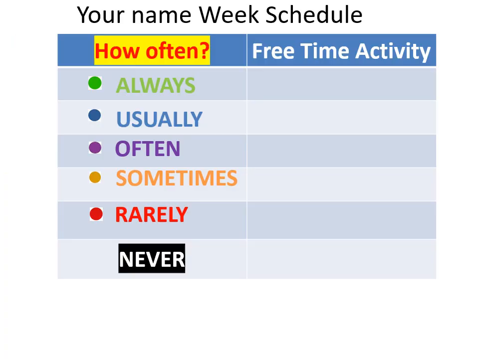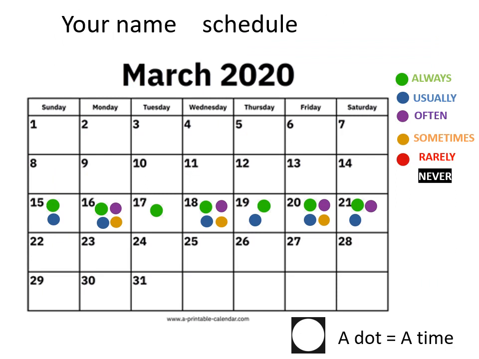So this is your how often free time activity chart. So you'll put 1 free time activity that you do always, 1 that you do usually, 1 that you do often, 1 that you do sometimes, 1 that you do rarely, and then finally 1 that you never do. And then you will write 5 sentences, 1 on each of the slides that I will show you. So you're going to type your name